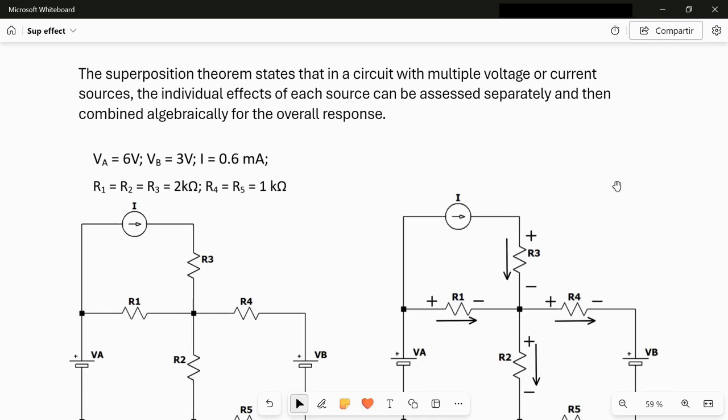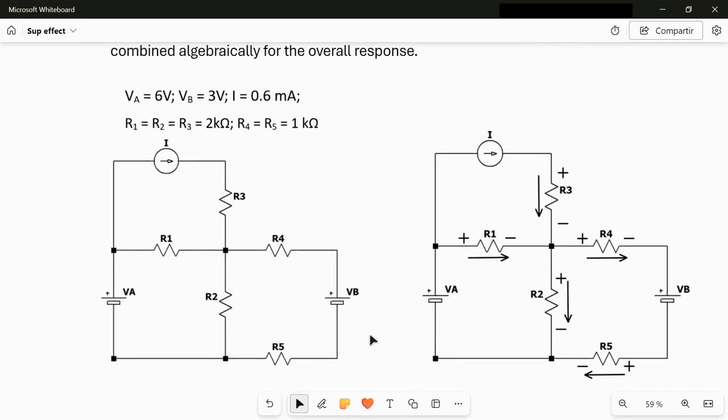Hello everybody, in this video I will show you how to solve a circuit with multiple current or voltage sources. We will do this by using the superposition theorem, which states that in a circuit with multiple voltage or current sources, the individual effects of each source can be assessed separately and then combined algebraically to obtain the full response of the circuit. So let's do this with an example and consider the circuit here on the left, in which